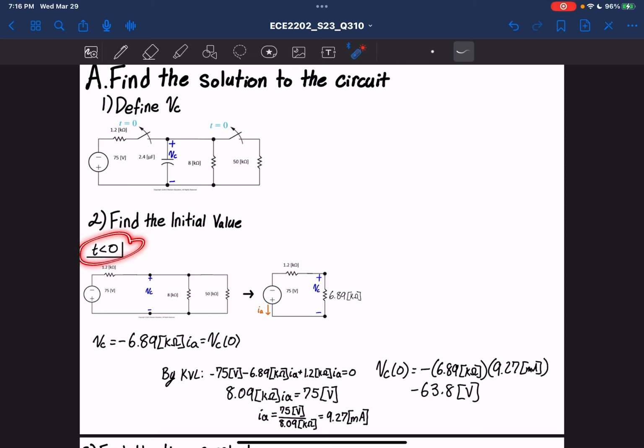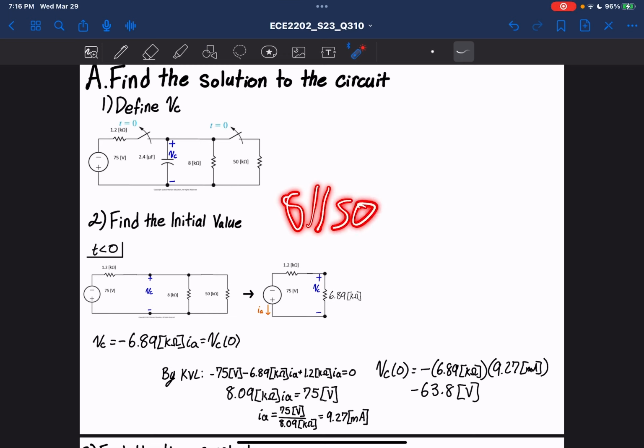So for there, we redraw the circuit for the time is less than 0, and remember, this is where it is in steady state. That's why we don't see the capacitor in there, because in steady state, capacitors are seen as opens and inductors are seen as short circuits, but we don't have to worry about that right now. We have a capacitor. All right, so we have our two switches that are closed, right? And we have these two resistors that can be